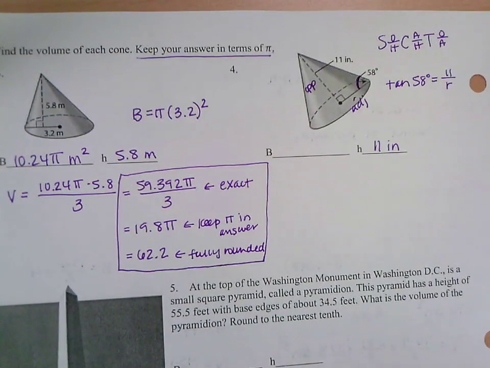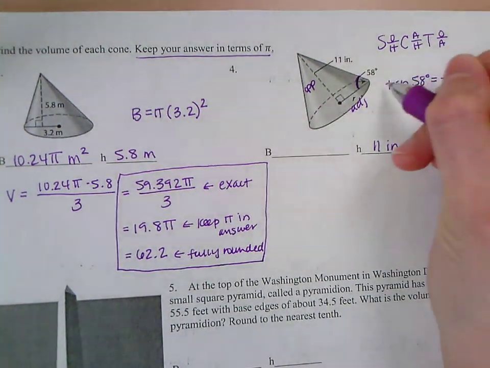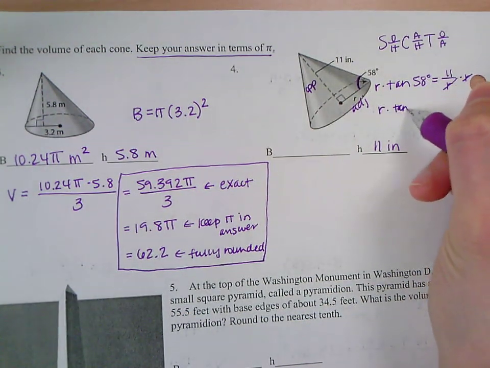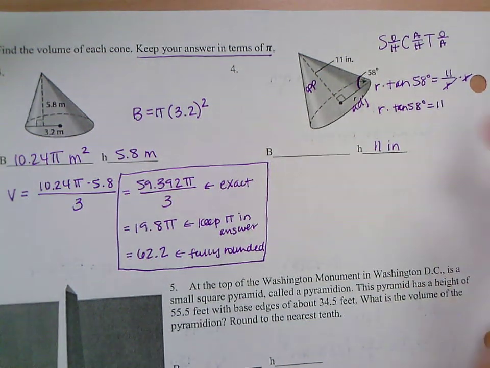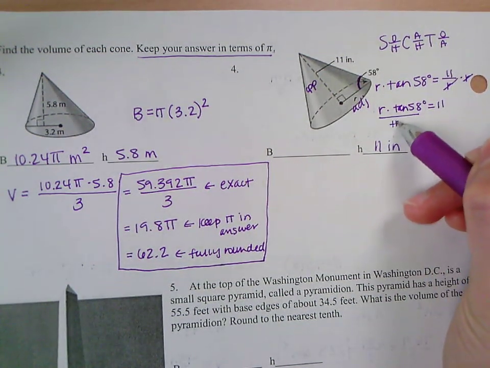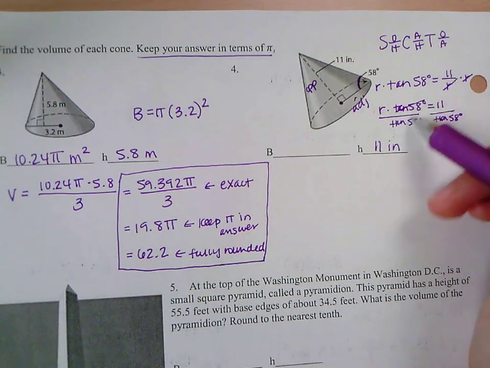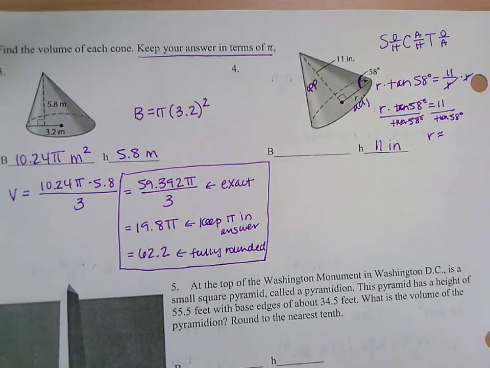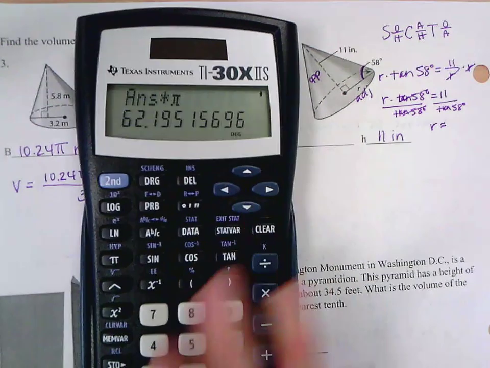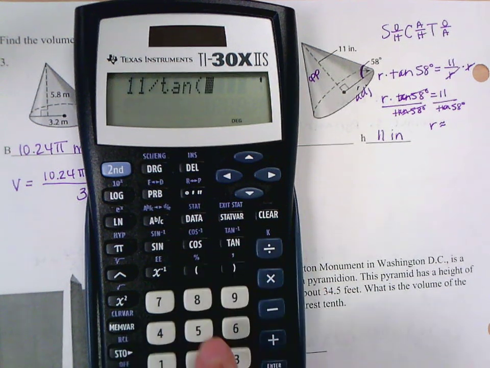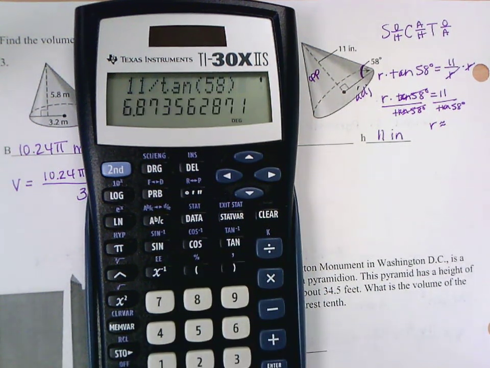Here you have to be careful when that variable is in the denominator. You can't just divide both sides by 11. That's not how you find r. You want to multiply both sides by r. So then I have r times tangent of 58 degrees equals 11, and then you divide by tangent of 58 degrees. So this is going to be an approximation. You're going to have to round it, but I would take 11 divided by tangent of 58. And so my radius